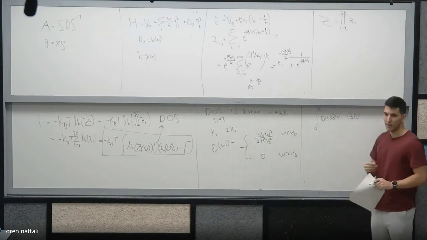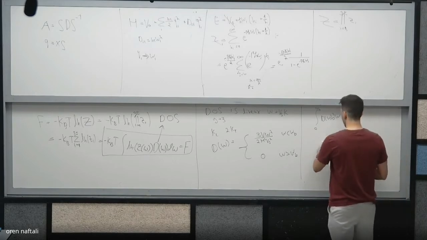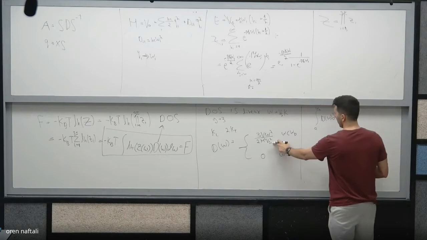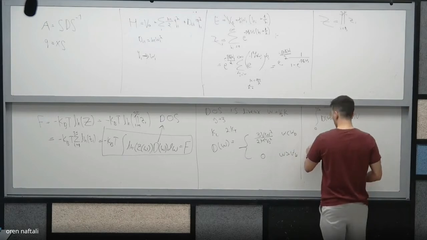Because this is the number of degrees of freedom that we have in the system. So as it turns out, you can just write it in here and plug it in. Omega D is equal to Vs